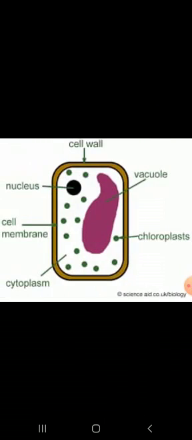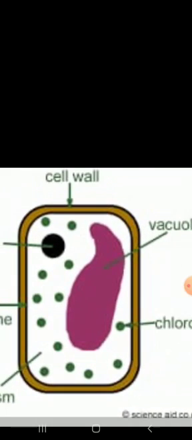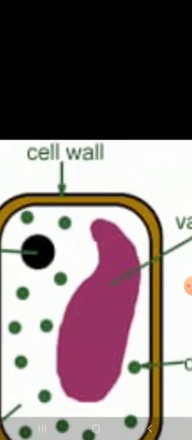First of all we will go through the plant cell. The image on your screen is the diagram of the plant cell, where the outer wall is the cell wall. The outermost layer of the plant cell is known as the cell wall, which is made up of a tough material called cellulose, and its function is to support and protect the plant cell, means it is supportive and protective in function.